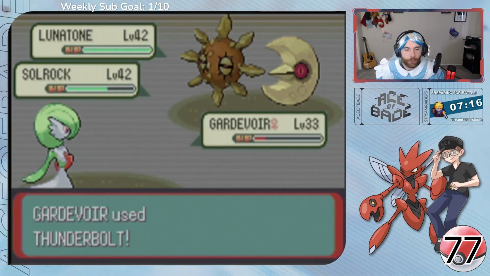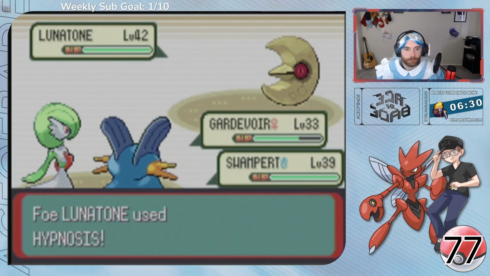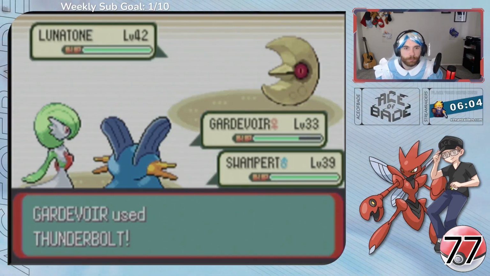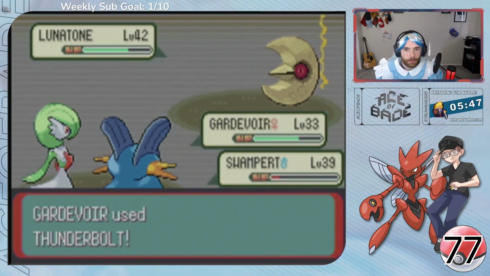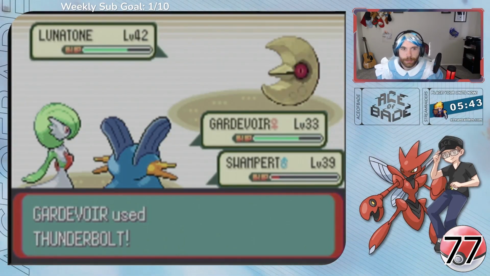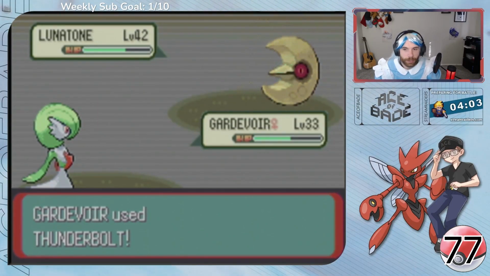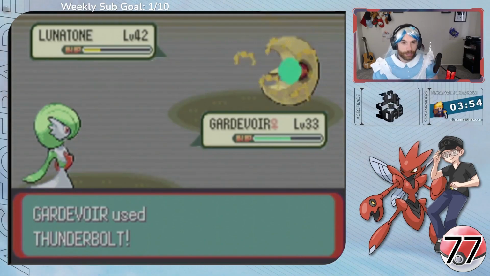We wake up and take out Solrock with a Thunderbolt, and Lunatone misses Psychic. Swampert comes back out and gets hit with Hypnosis. We go for Thunderbolt, and Lunatone hits Swampert with a Psychic. We go for Thunderbolt again, and Lunatone takes Swampert out. We go for Thunderbolt again, Lunatone misses Hypnosis, and we take it out with the last Thunderbolt, winning the battle